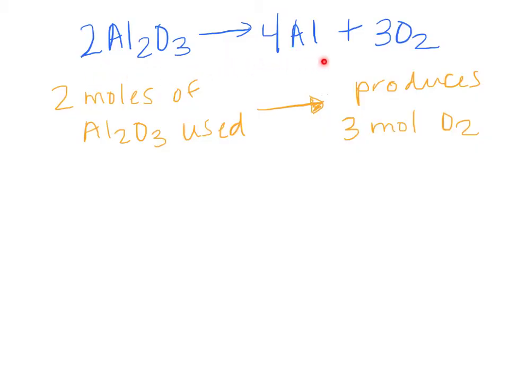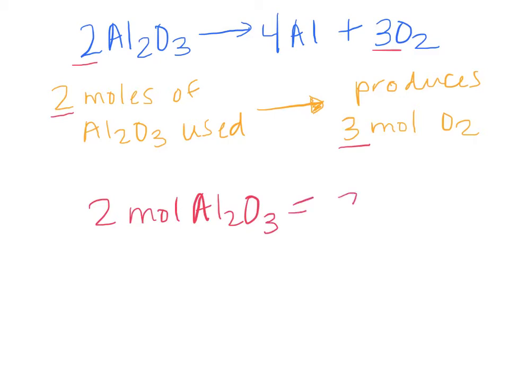Here's our chemical formula again: 2 moles of aluminum oxide, 4 moles of aluminum, 3 moles of oxygen. Again, 2 moles of aluminum oxide are used, and it produces 3 moles of oxygen. So we can use this thing called the molar ratio. We're looking at these coefficients for these values. So basically, we can say that 2 moles of aluminum oxide is equivalent to 3 moles of oxygen